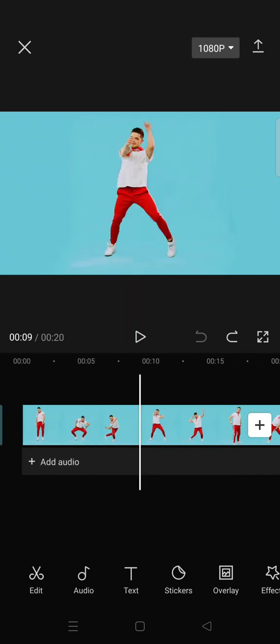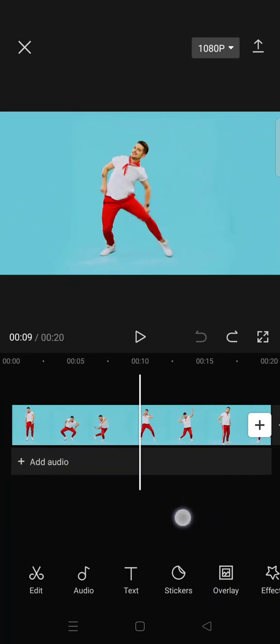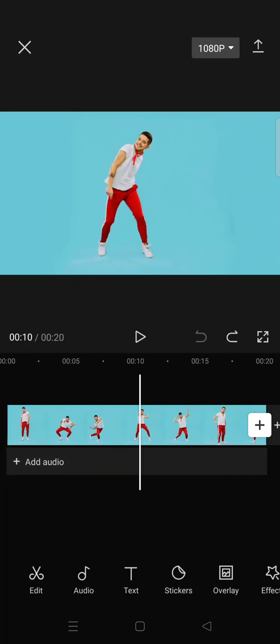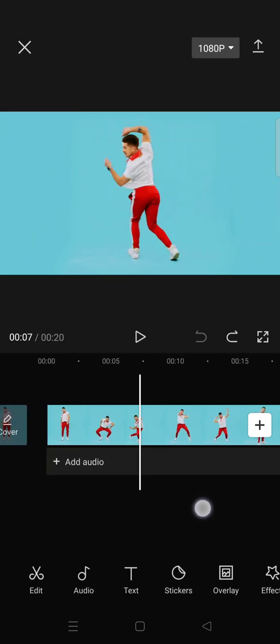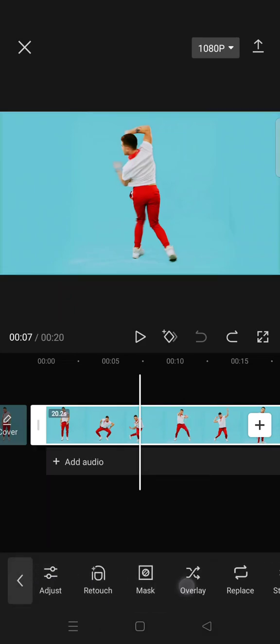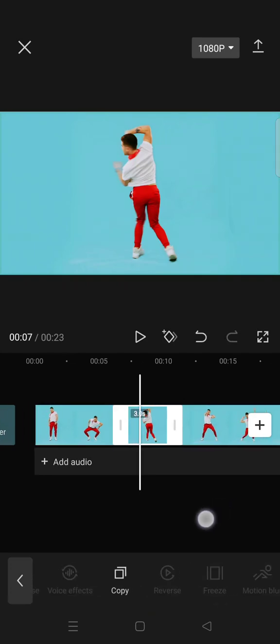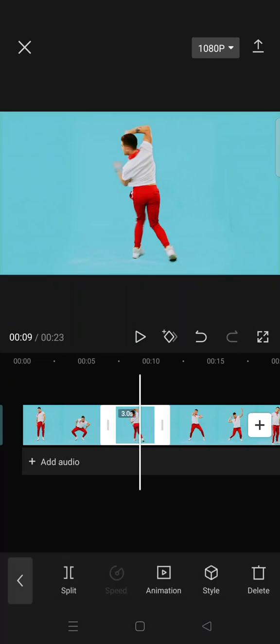You just need to import your video and select the part where you want the flying particles explosion to appear. So let's say I want it to happen here. You just need to click on the clip and then find Freeze. Okay, this one. So this part of the clip has been frozen, so you can just click on that part